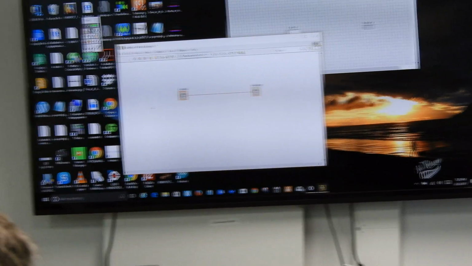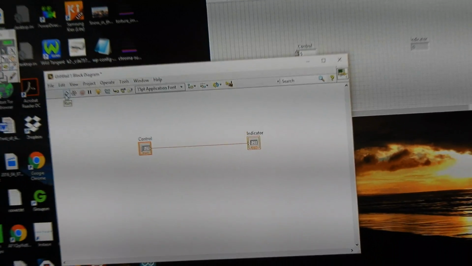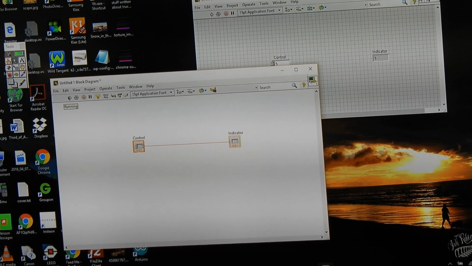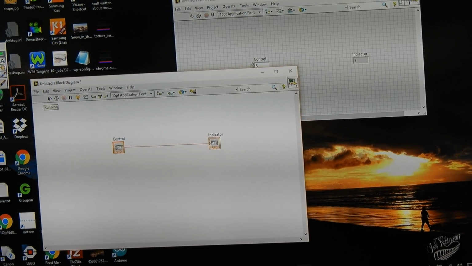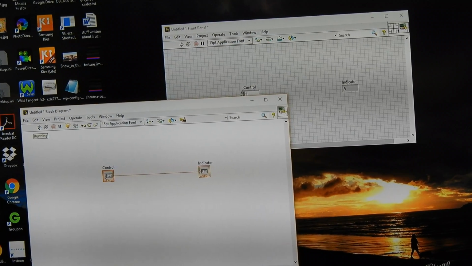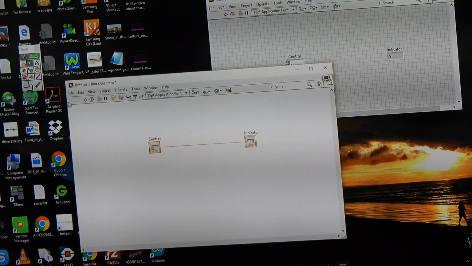I'm going to do one more trick, one more thing for you to learn. You see this light bulb? If I turn it on, that is called execution highlighting. What is execution highlighting? Well, watch. I'll press my run button. Did you see that? Did anybody see what just happened? Watch the screen, I'm going to do it again. Did you see that? Can you guys even see that up there? Oh, you can't see it up there. It's very thin. If you do it on your machine, you'll see the thing move. Do you see there's a little dot that goes down? Has anybody